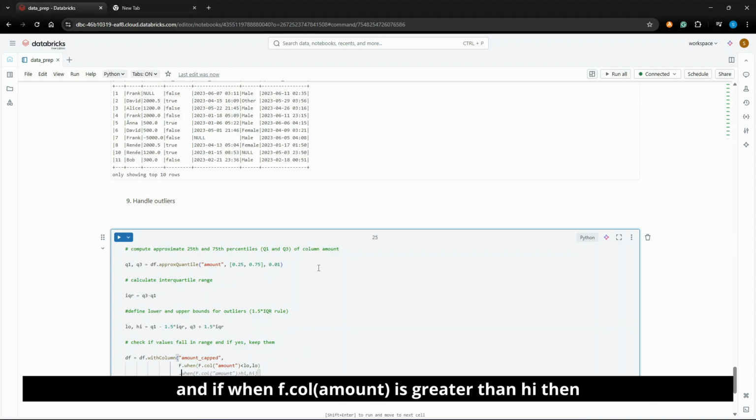And when F.col of amount is greater than high, then keep high. And otherwise,